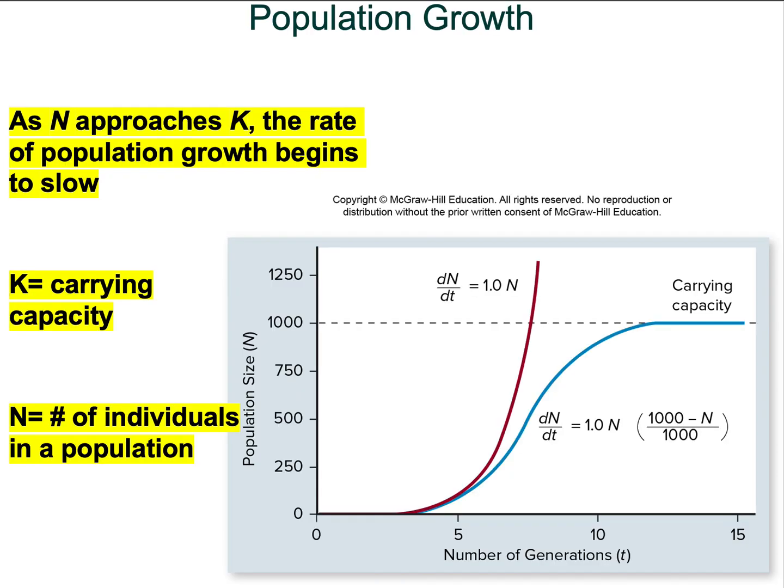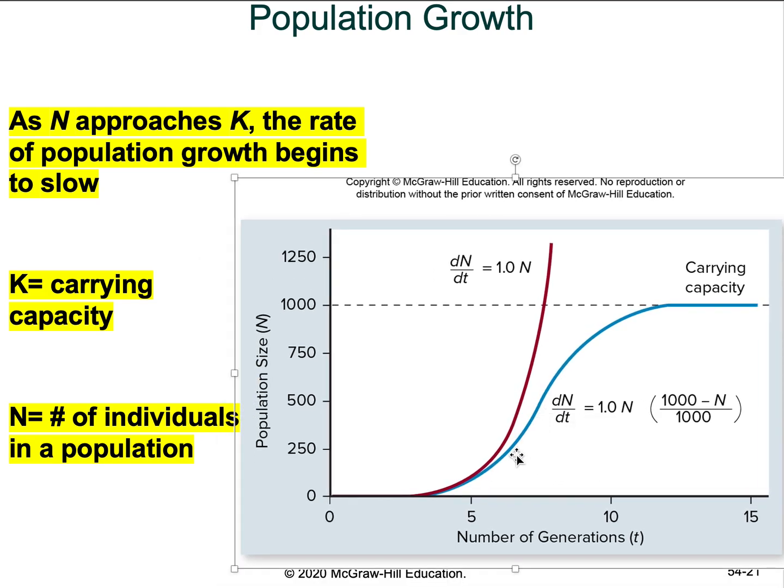On the opposite spectrum, as far as growth, there are two types of curves shown here. The red one is what we call exponential growth, and the blue is what we call logistic growth. The blue one shows both. From here all the way to here, this is exponential growth, and then it starts to level off. Something I really need you to remember is that if this is a species and it's growing,